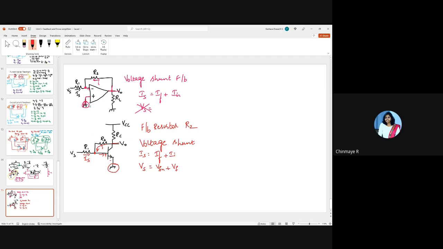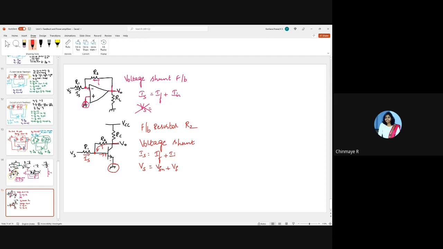We saw the same thing even here, right? So this was grounded. So therefore you cannot express Vs is equal to Vin plus Vf. So therefore this feedback is voltage shunt feedback only, because you're sampling this at the same point where you're taking the output voltage, and what you're feeding back is something through a resistor, which is current. And also you can express current in this form and not voltage. Why can you not express voltage in this form? Because one terminal is already grounded. There's no voltage that is changing. Is this clear? So most of you, I think, got it right.